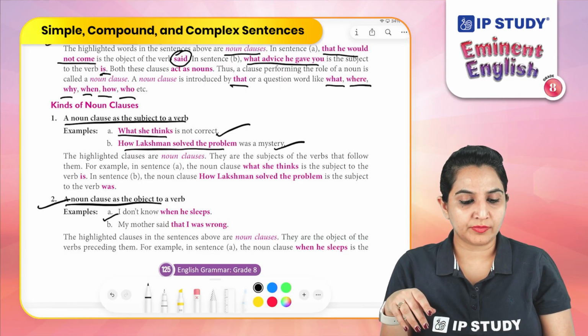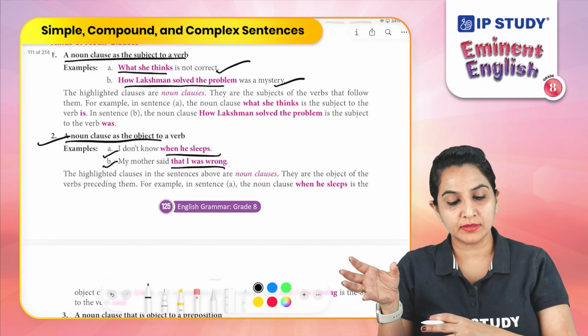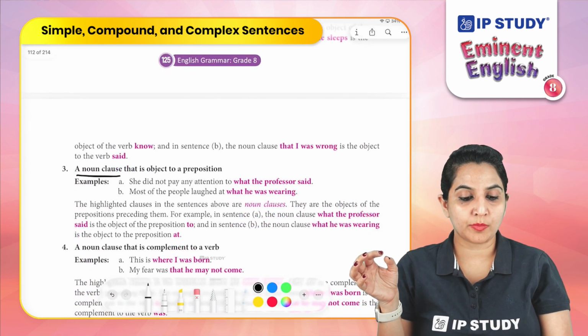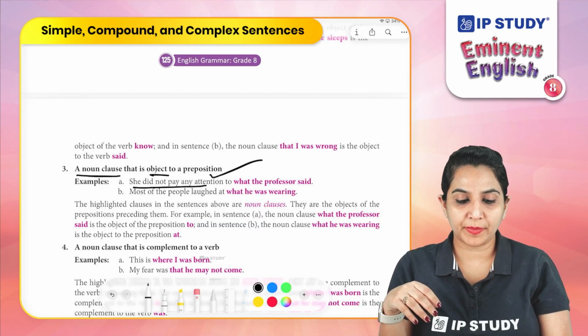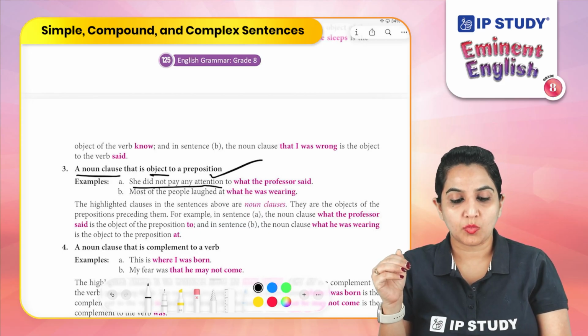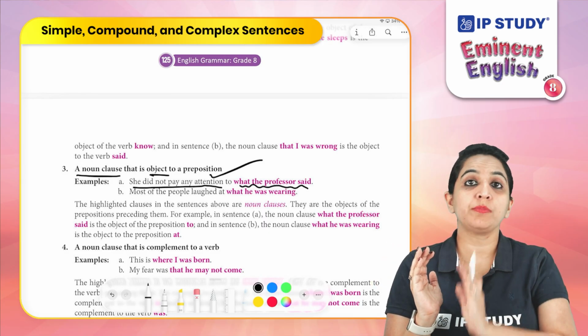I don't know when he sleeps. My mother said that I was wrong. So now here noun clauses are in the object position. A noun clause that is object to a preposition. That means she did not pay any attention to what the professor said. So what the professor said is the noun clause and it is the object of the